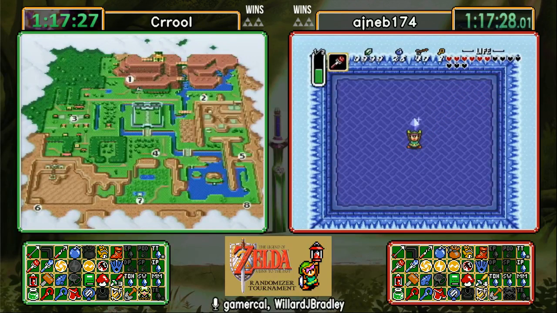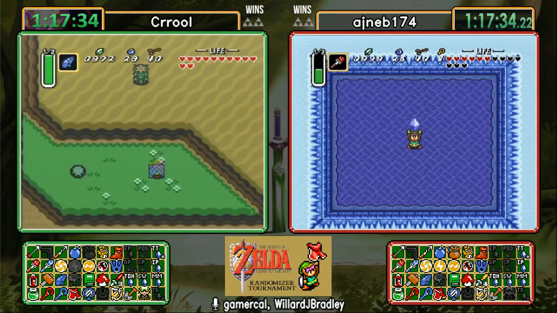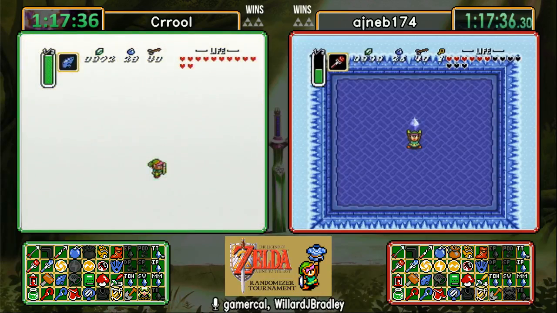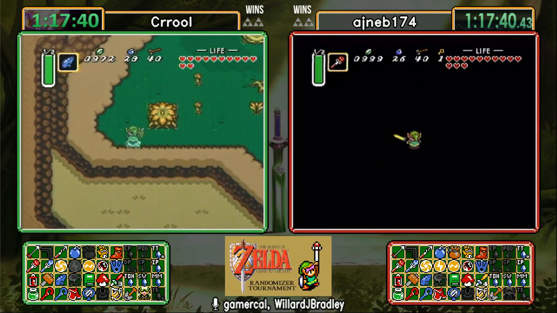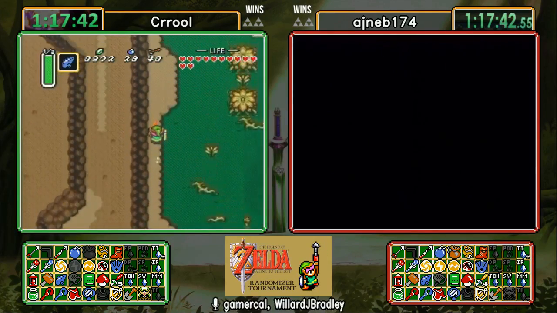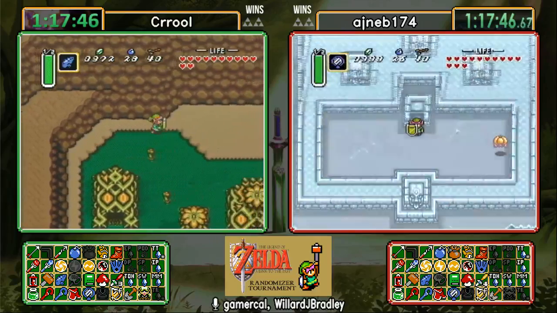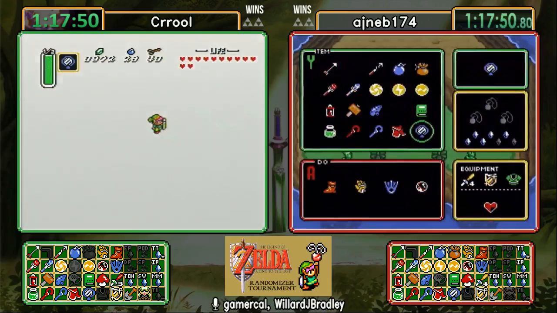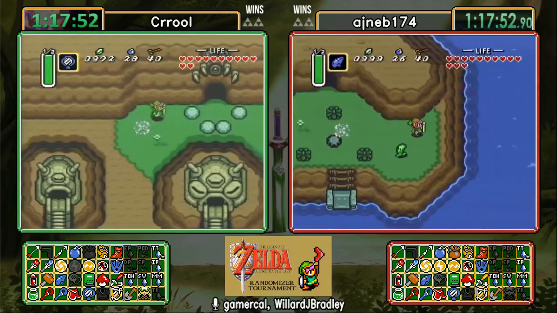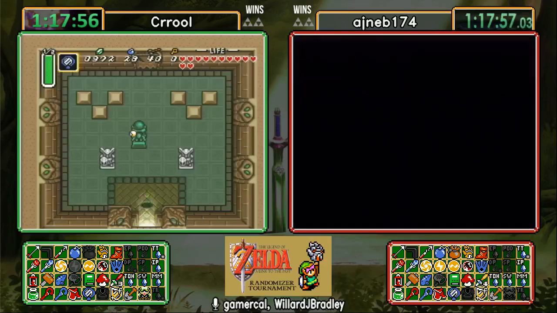Alright, what's Crrool's next option? He hasn't finished the dungeon yet. Crrool, I believe, went straight into Misery Mire without doing... Ben went to Desert first, got the other item. He hasn't seen the other item. He's gonna go get his Validation Arrow. Or maybe. So I'm kind of wondering if he's doing that. Maybe he did do it and I just didn't see it. Oh no, is he gonna go get...